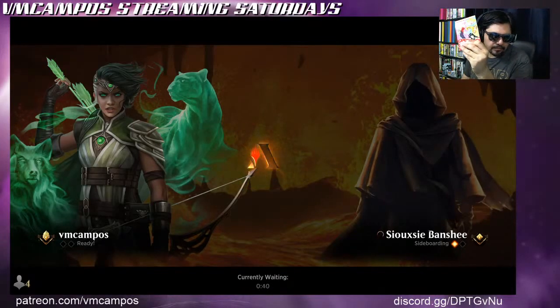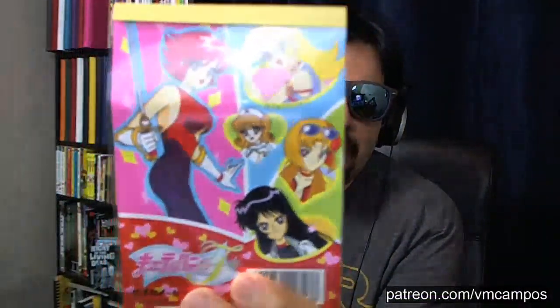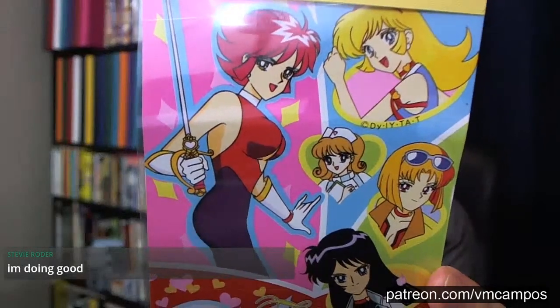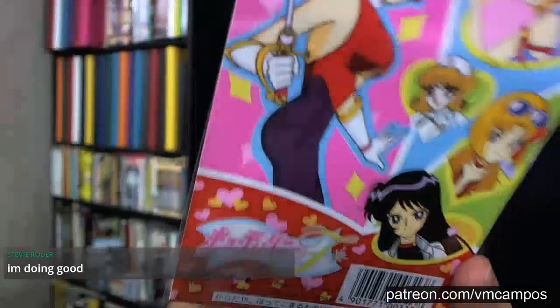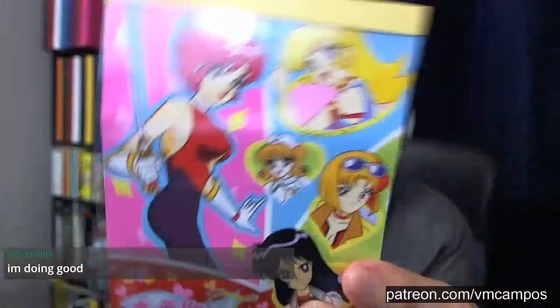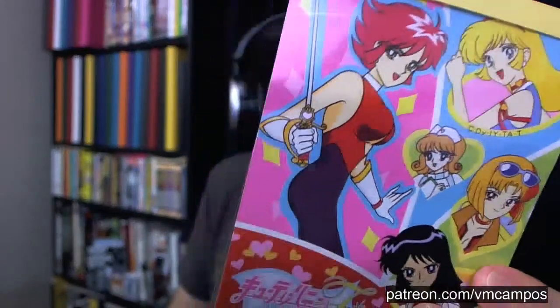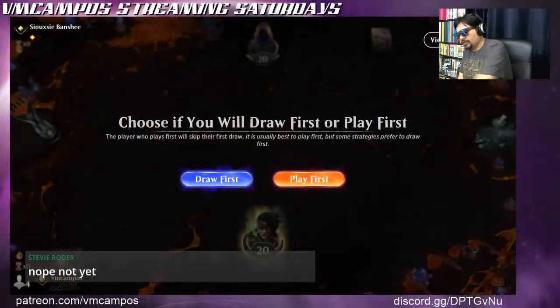I was at my local comic shop a month ago or something, and I bought this Cutie Honey notepad. Let me see if it gets focused. Did I ever show this? Anyone remember if I ever showed this? This is the Cutie Honey. What's his name? The creator of Cutie Honey. Anyway, he created this really cute character, but then he also created another one called Devilman. So that's funny. I'm trying to remember who created...